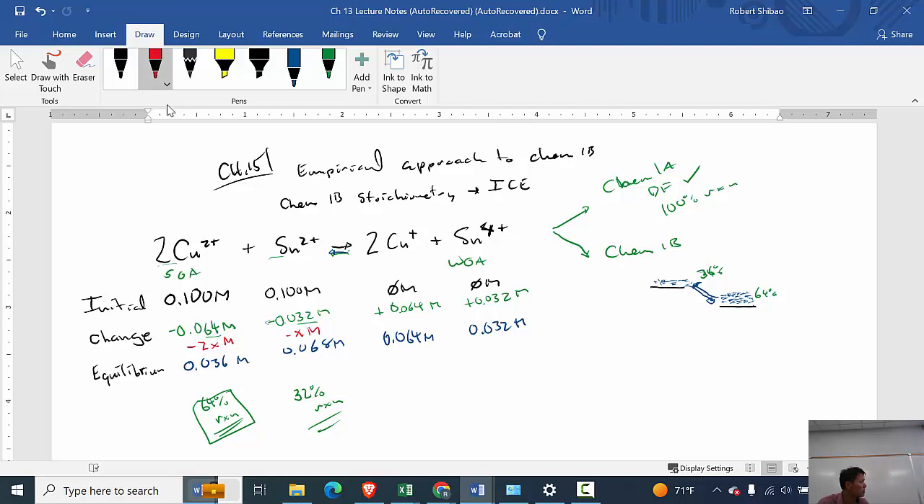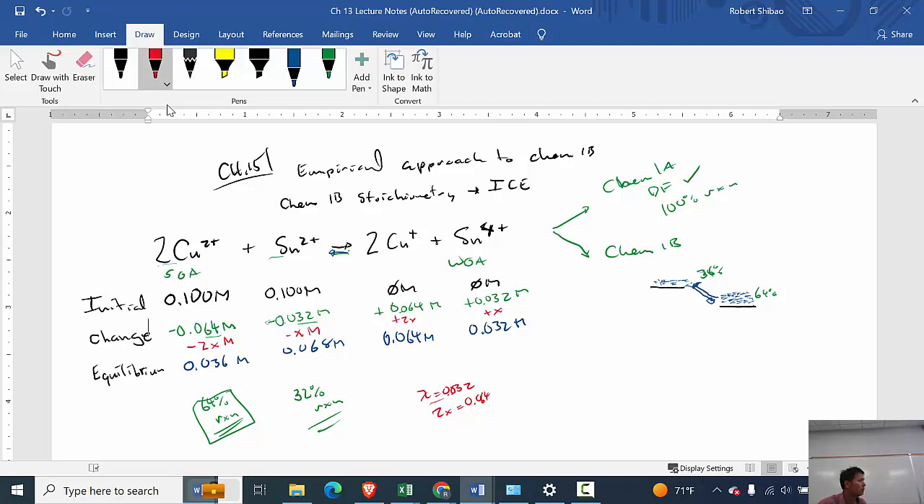And so therefore x is 0.032. And 2x is 0.064. Over here, this is going to be plus 2x, and this is going to be plus x. So given one of these, we can figure out the other three just using straight stoichiometry, Chem 1A style stoichiometry, conservation of atoms. But how do we figure out what x is? Well, we just figured it out